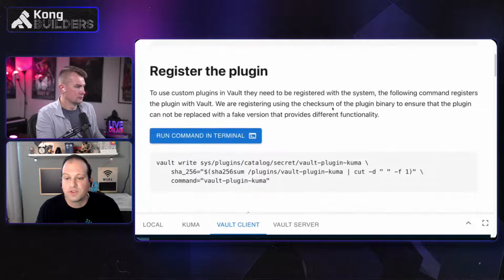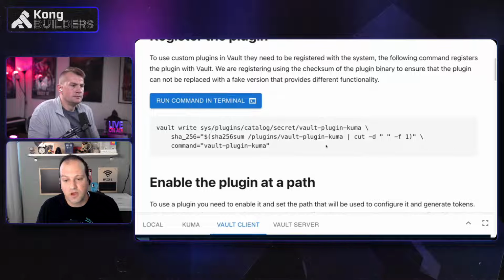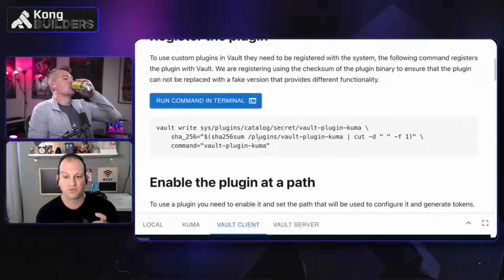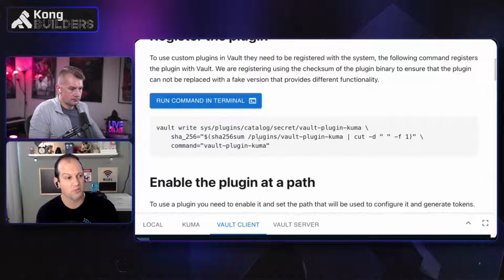All right. The next thing you want to do is register the plugin with Vault. The plugin needs to be on the server to do this, but one of the things you want to do is make sure that you use SHA-256 to verify the plugin. That is because this verifies the binary. Sorry, the plugin itself is an executable that interacts with the Vault server through RPC. So it boots up beside Vault. Vault then makes RPC calls into it, and that's how it interacts with the plugin.